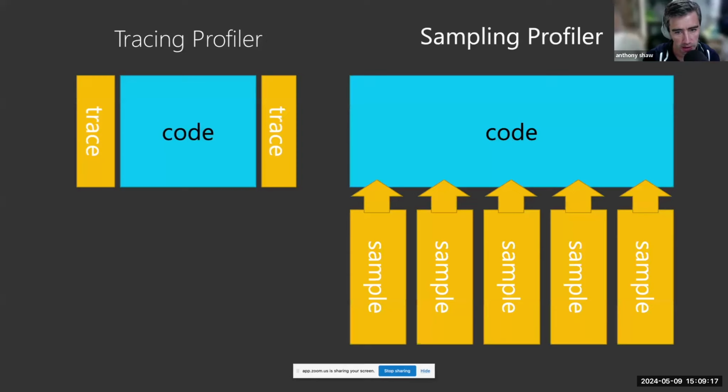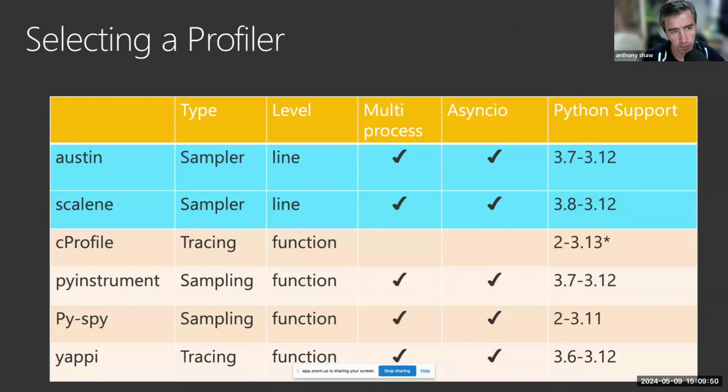Another way is to do sampling, where you run the code, and then whilst the code is running, a separate process will ask Python what it's currently doing, basically on an interval. So let's say 60 times per minute, it will ask Python, what are you currently doing? And then it will record those as samples, and you can get those samples as a view to see on average what the process spent most of its time doing. So these are the two types of profilers you can use, and you can use both of them to make benchmarks.